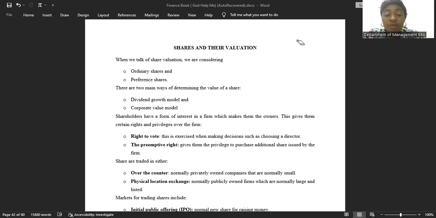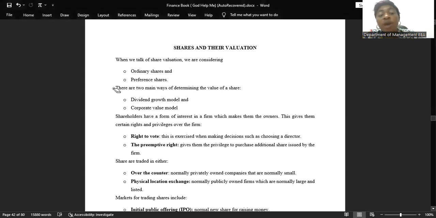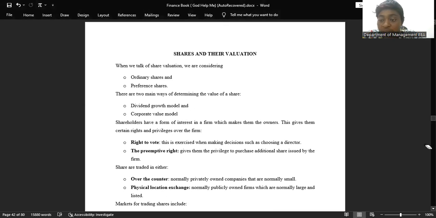When you are a shareholder, there are certain rights that you will enjoy, and some of these rights include